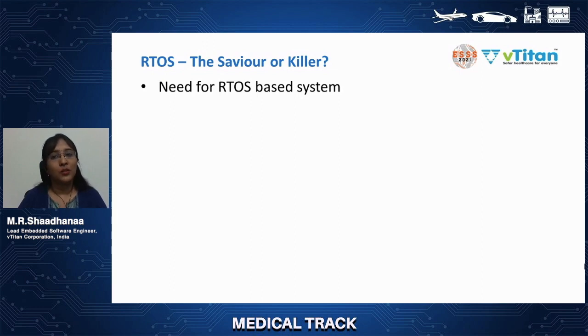So the problem which RTOS solves mainly is concurrency. So what's concurrency? Let me go with an example. I have two LEDs now, and I want one LED to toggle every 1 millisecond, and I want another LED which glows when I press some button. So this is my expectation.